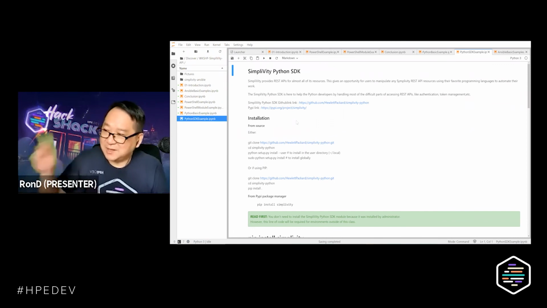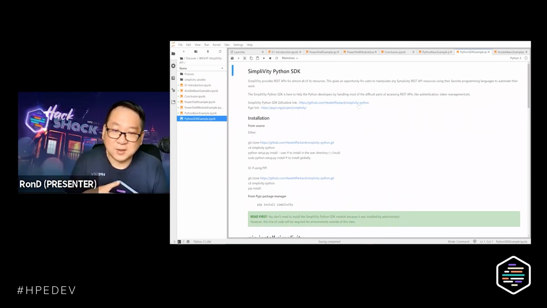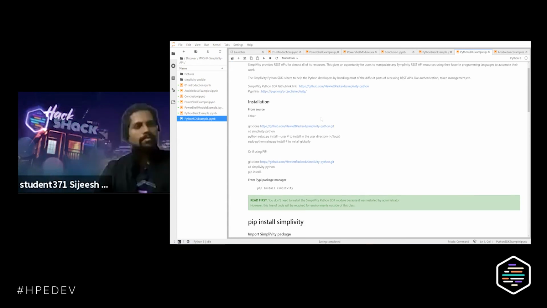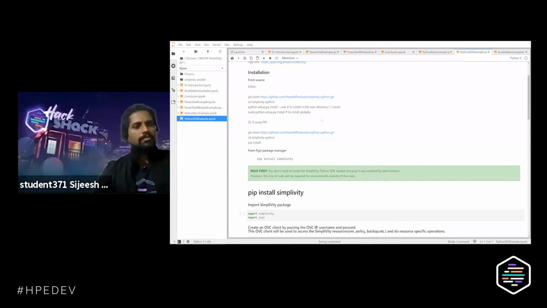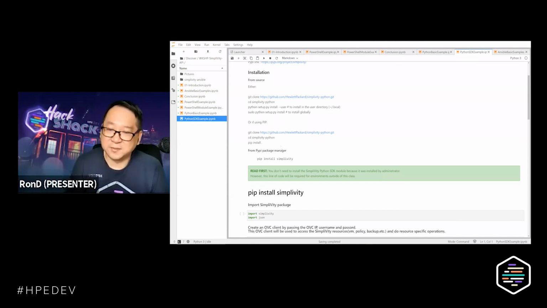For that, my friend CJS has already created the SimpliVity Python SDK, or the automation module. This is available through this particular location, so you can log into it. You can install it two ways, and if you're using tools to do installation using PyPI, is that true, CJS? Is this the tool that is required for installation? We can install using PyPI, or we can install from source code as well. Both ways you can do it. There we go. Thank you, CJS, for providing this information on how to do installation.